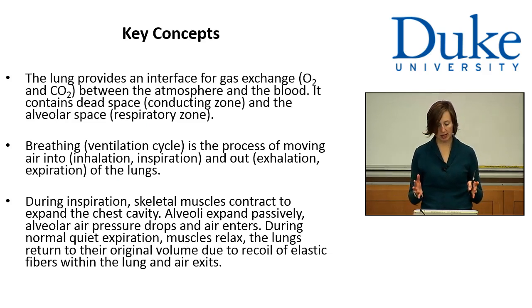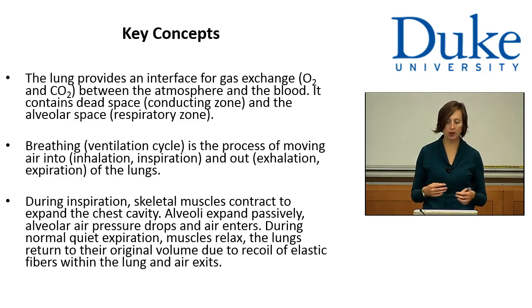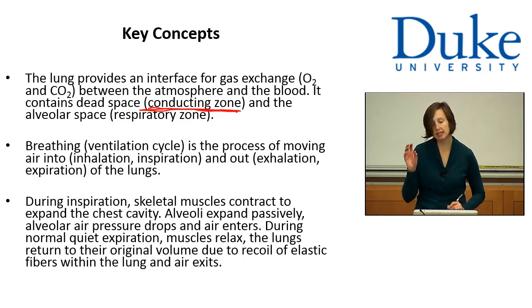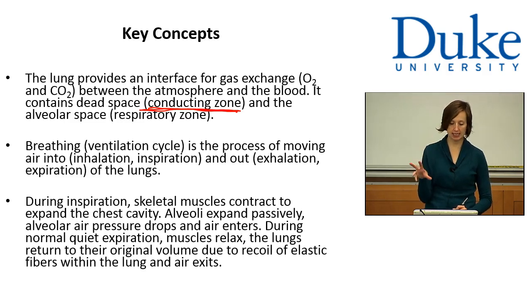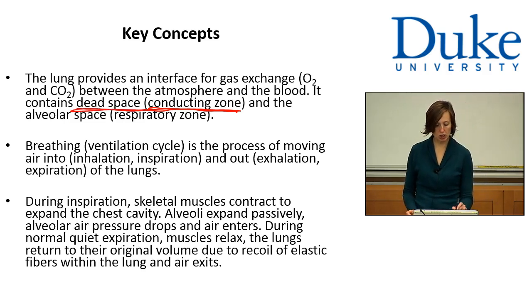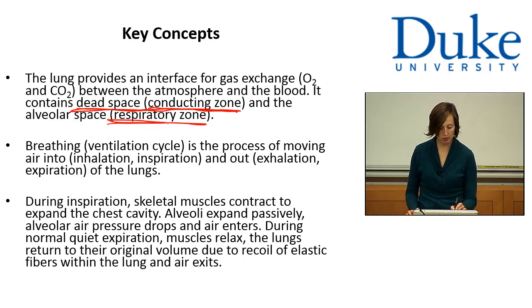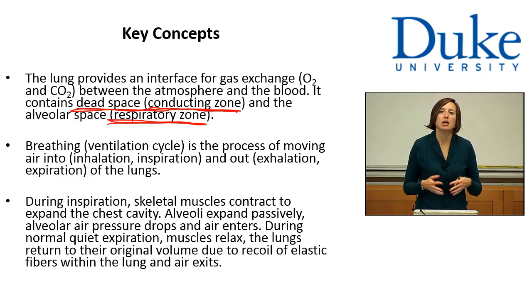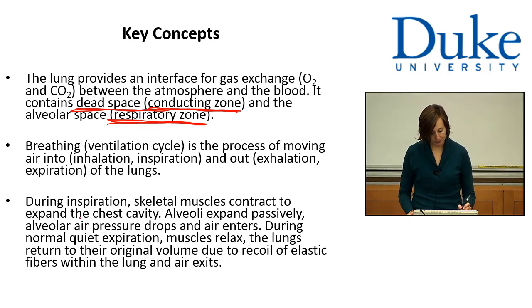So let's finish this up by just reviewing what we've talked about, where we're going to have this huge interface for gas exchange with the lung. And we've talked about how it's going to contain a conducting zone, which is what we're going to call dead space, because it can't exchange gas. And then it's going to have an alveolar space, which is the respiratory zone, and we'll be talking more about that. We've talked about some of the basics of how we use negative pressure breathing to get air into the lung, and then how we exhale,